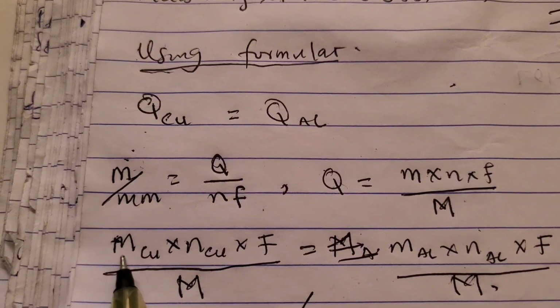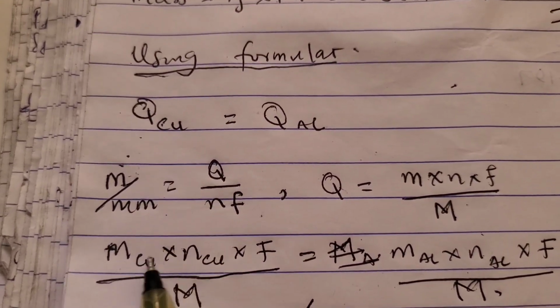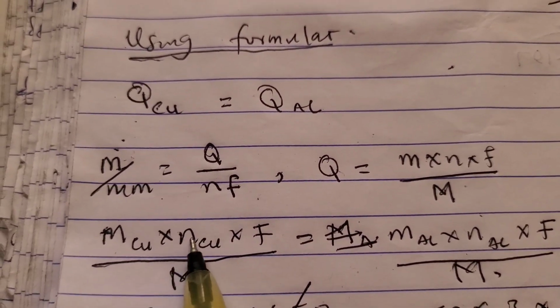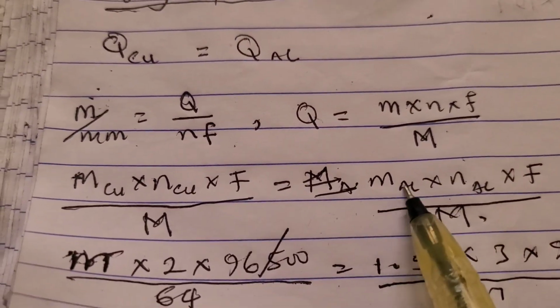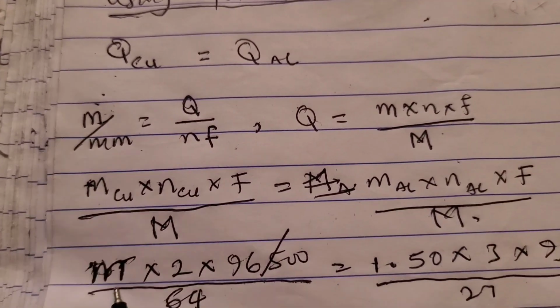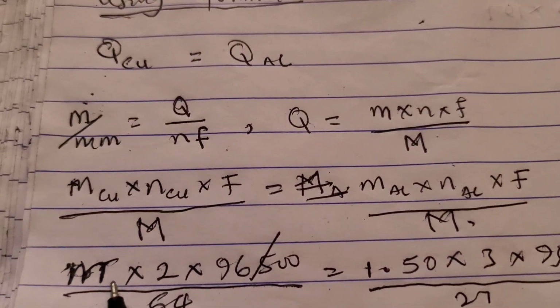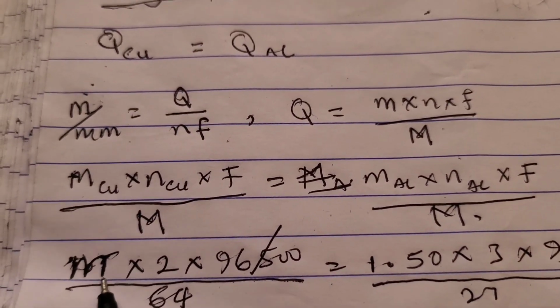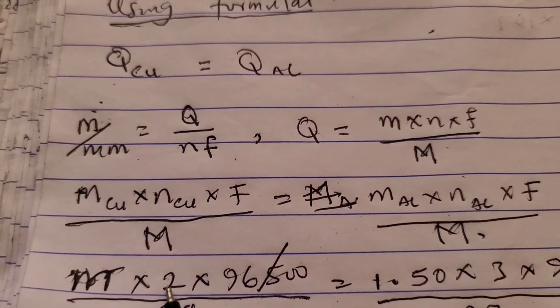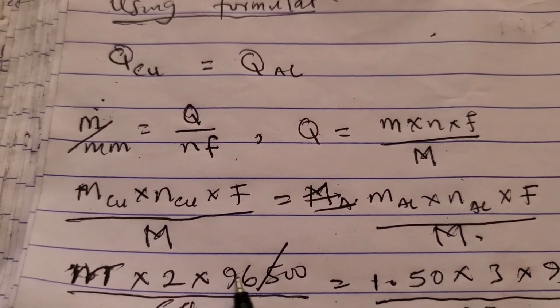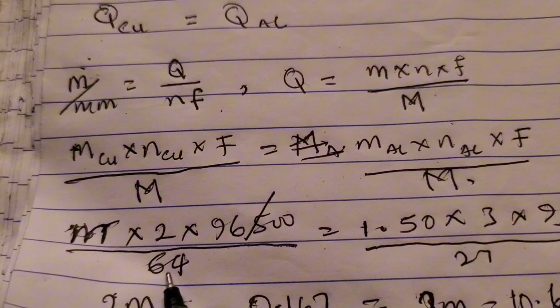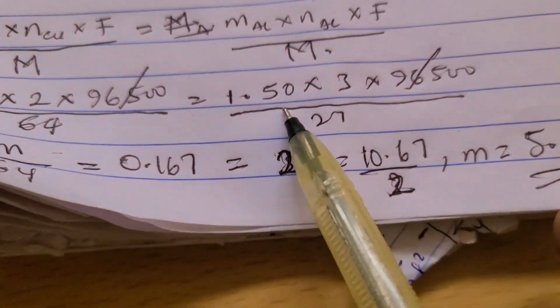Since they are equal, mass of copper times the number of charge on copper times Faraday over molar mass equals the mass of aluminum and so on. Then mass of copper, which we are looking for, times 2, the number of charge on copper, times 96,500 over 64, the molar mass, equals